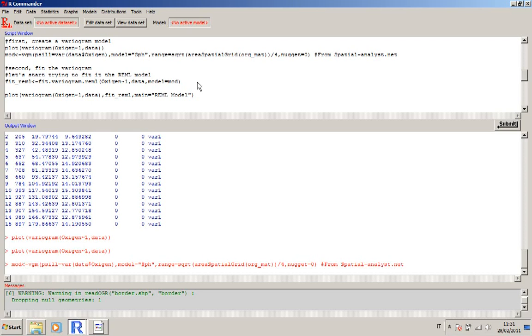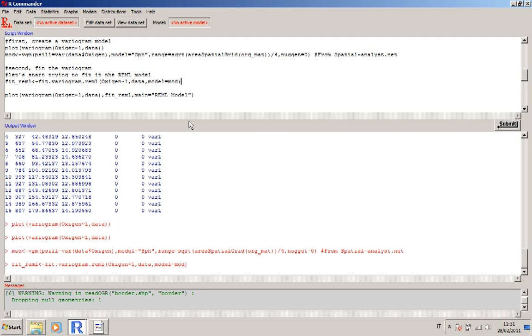So the first fitter is the REML algorithm. The function is fit.variogram.reml. I use the same formula. The data object, in my case, is data, and I have to give the function the model of the variogram. In this case, it is mod, which I just created. So I can just submit this line,